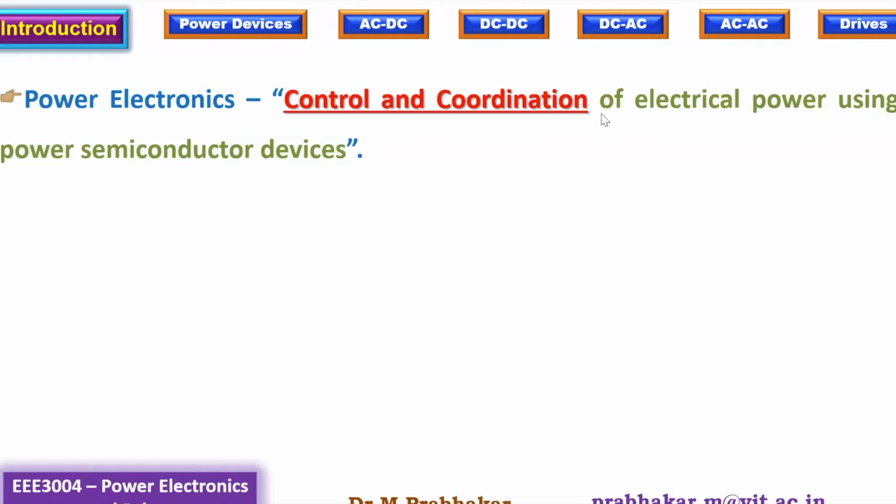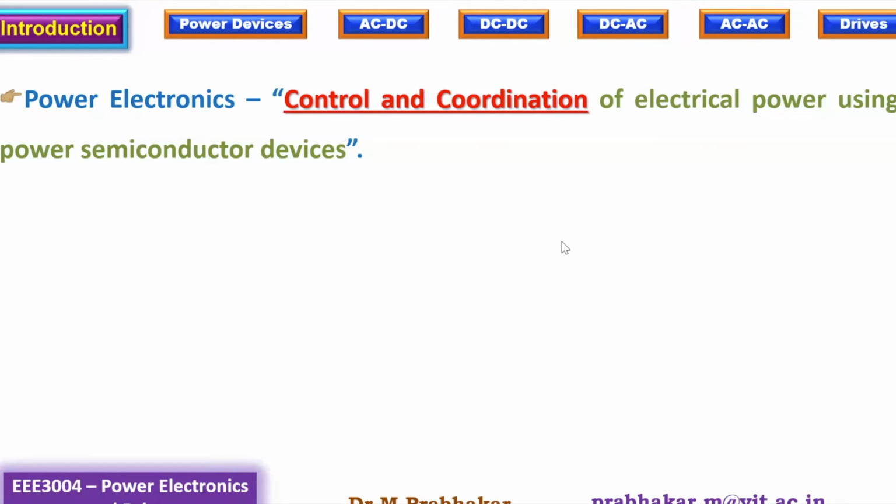Now, when we are going to process electrical power, when those blocks are going to be comprised of power semiconductor devices, we call it power electronics. That's all. Okay. So you have a set of devices. It could be semiconductor devices, inductors, capacitors, resistors, electrical elements. Various elements put together form various blocks. But those blocks are going to be working in coordination with one another, and they meet a particular objective of processing electrical power. We call that power electronics.